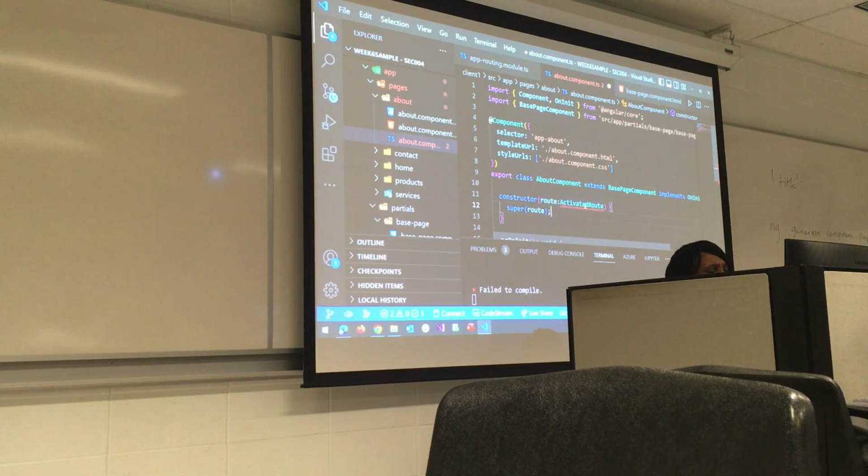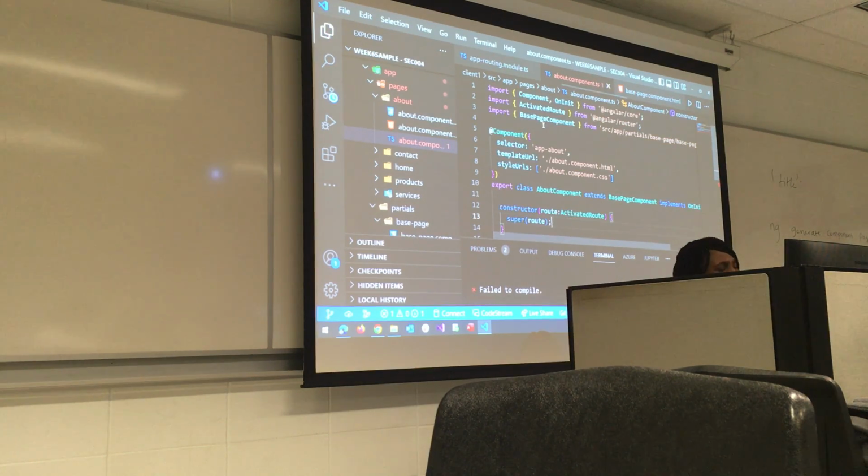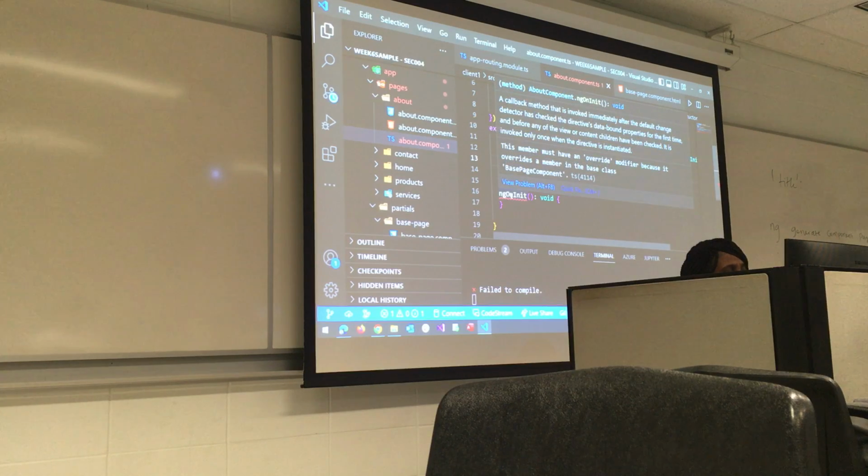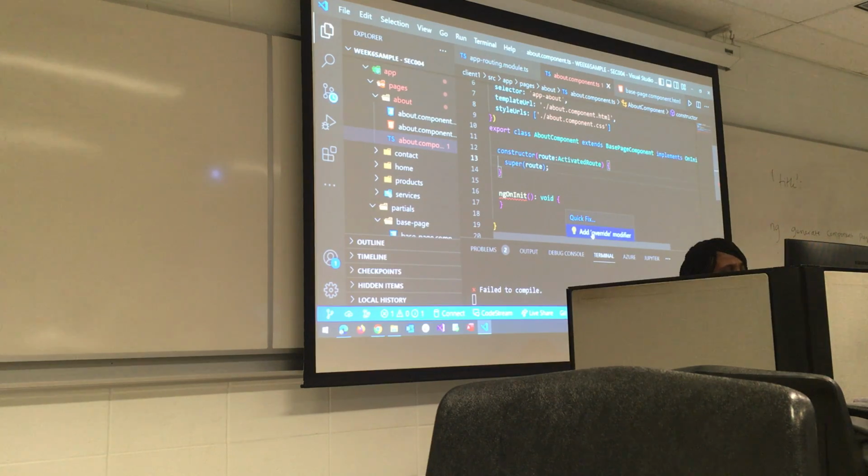The ActivatedRoute we need to import, so move your mouse pointer to it, click on quick fix, then add import from Angular. It will add the BasePageComponent, right? So the ngOnInit, remember we did a quick fix on it as well. So move your mouse pointer to quick fix, tell it to add override modifier, right? So you can save that.